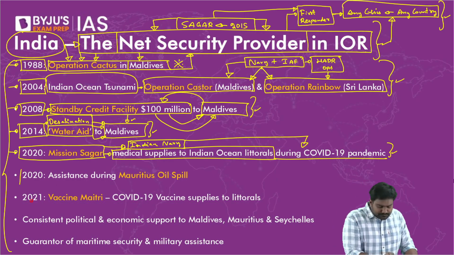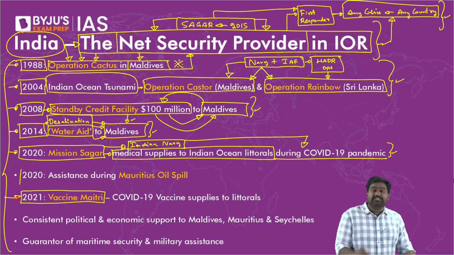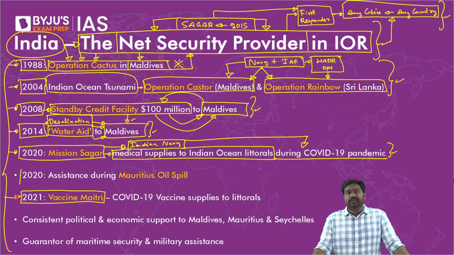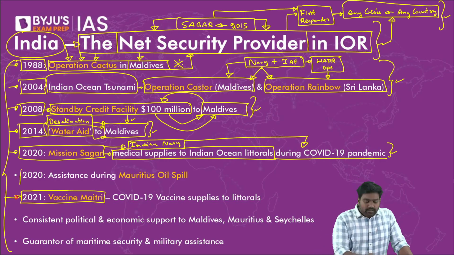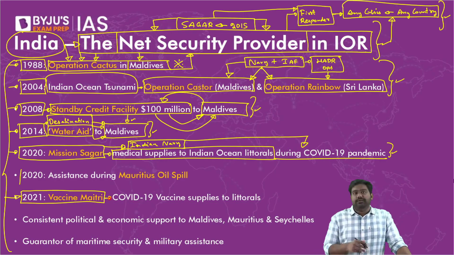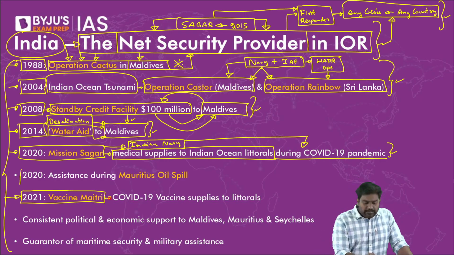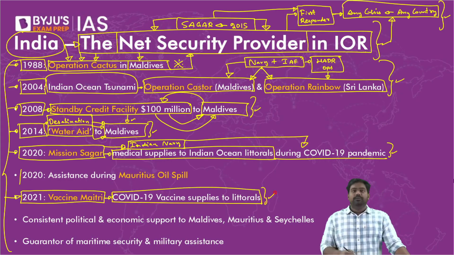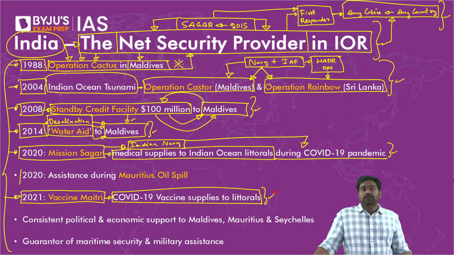Later, in 2021, after we started domestically producing COVID vaccines, Covishield and Covaxin, we launched Vaccine Maitri, which was a vaccine diplomacy of India, and supplied free vaccines to all these countries. That is how India stood with them, right, and responded to their need to help them overcome the pandemic.